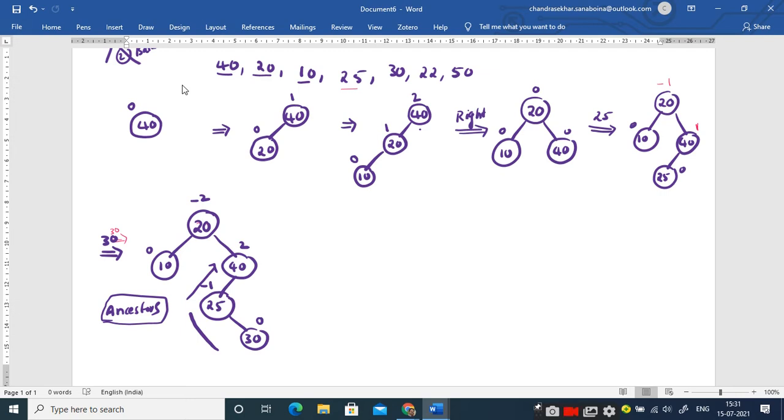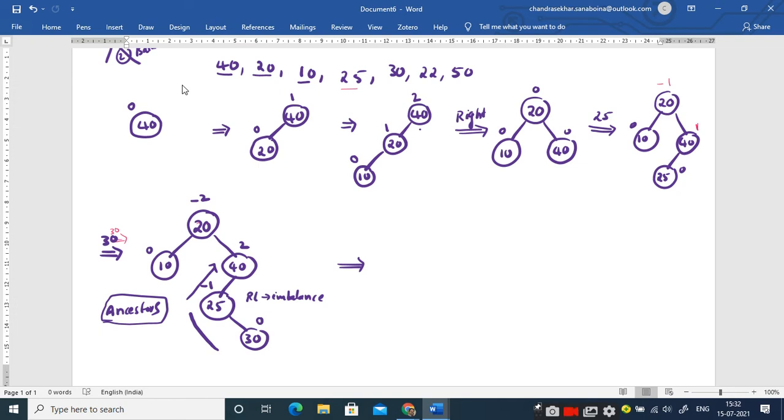So what is this condition here? What type of imbalance is it? RL imbalance. Super. So what do you have to apply here? RL rotation. The solution is RL rotation. We don't try to first perform the left rotation and then the right rotation; all these things are not useful. I have given a simple technique for these double rotations. So what happens to this one?